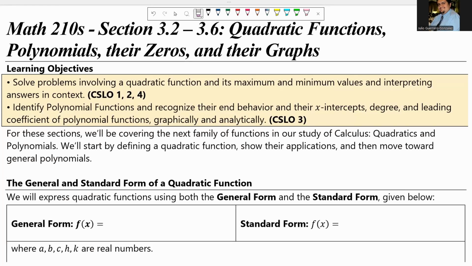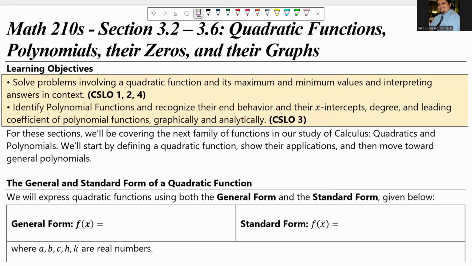Hello, everyone. This is the lecture for section 3.2 to 3.6 for our Math 210S portion: quadratic functions, polynomials, their zeros, and their graphs. So this is collapsing a fair amount of chapters from our pre-calc material all into one section, okay? This one's going to be very heavily